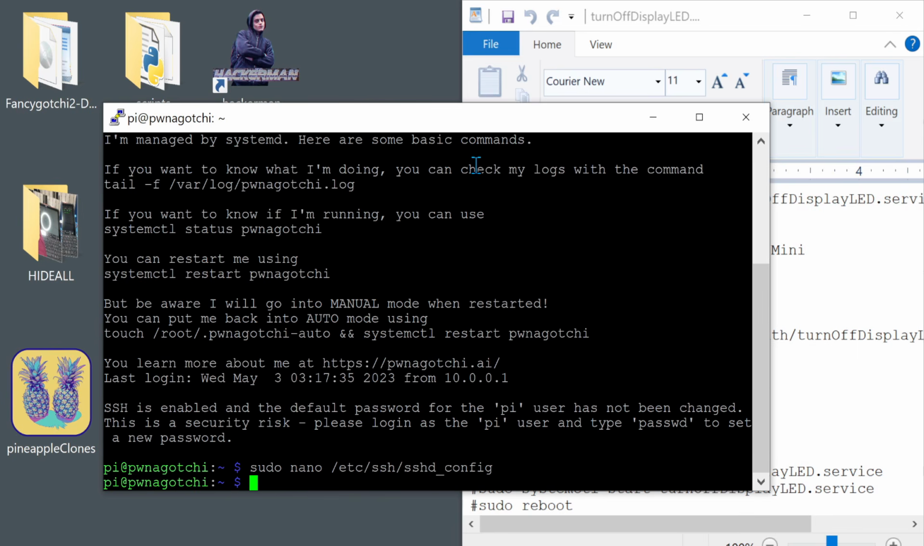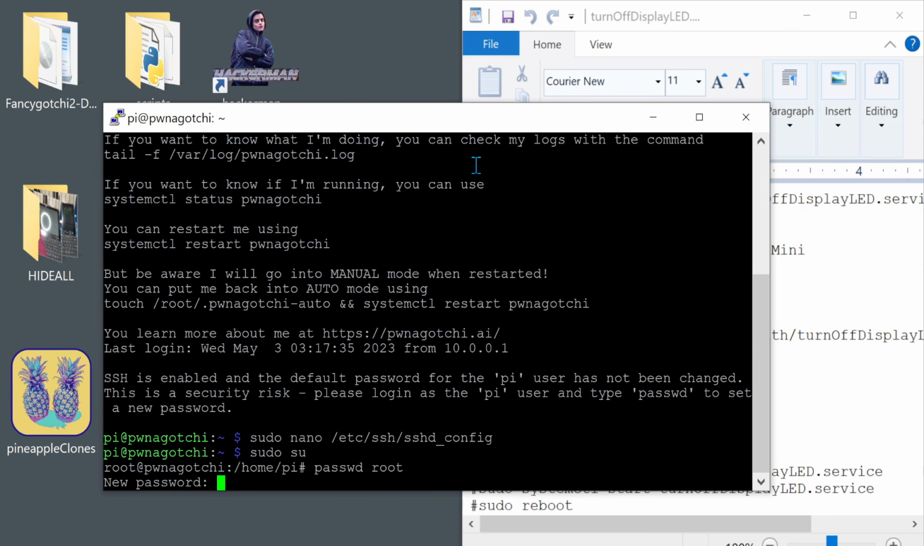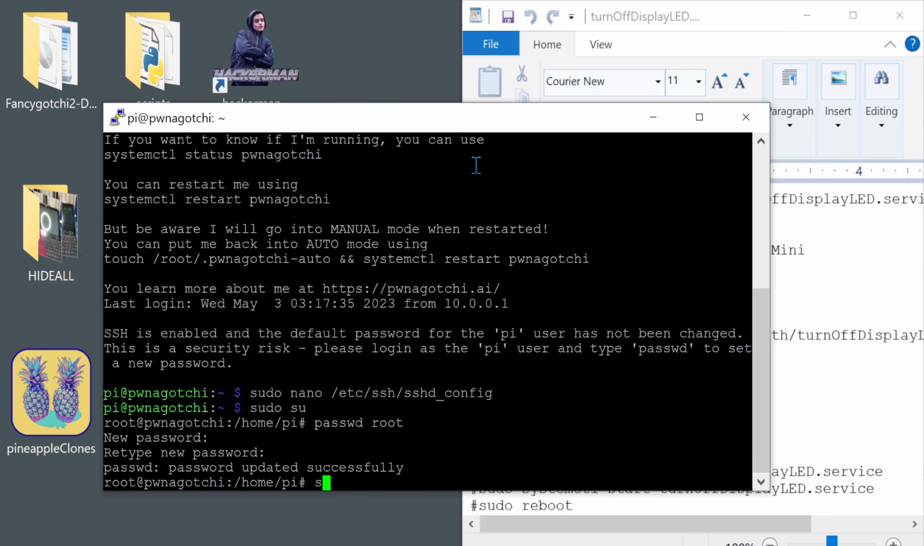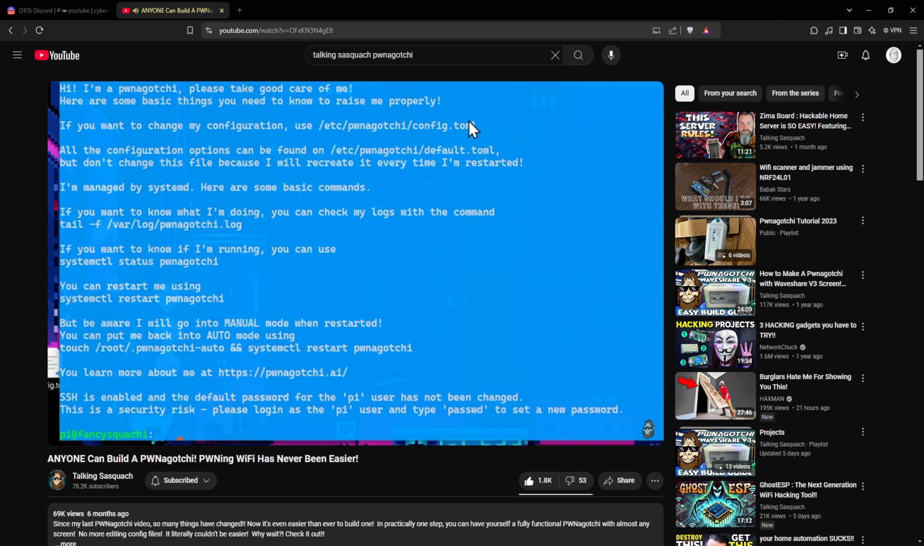Let's create the password we'll be using for SFTP. sudo su, passwd root, and change your password. Finally, service ssh restart. If all of this looks familiar, it's because it's pretty much copied and pasted from this